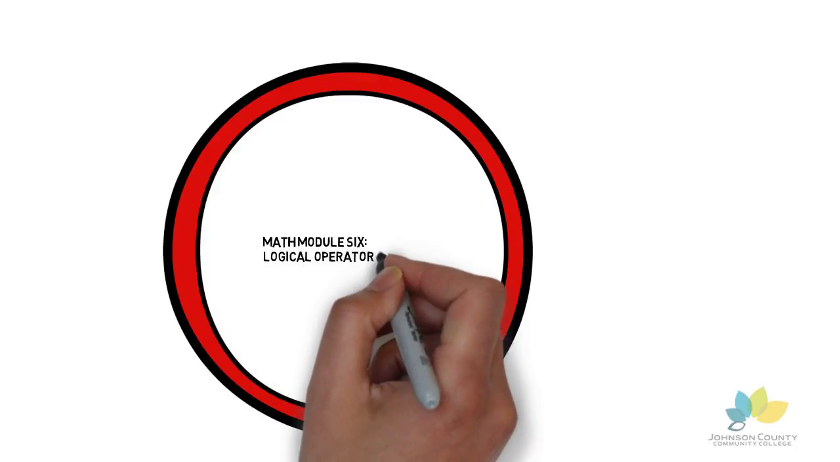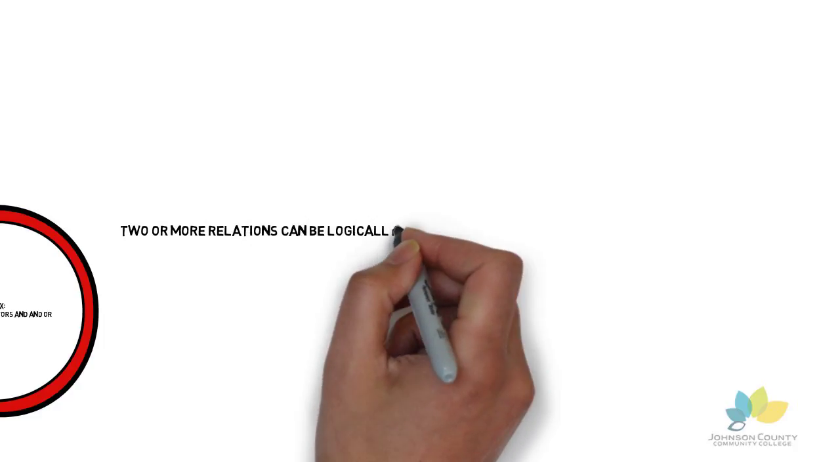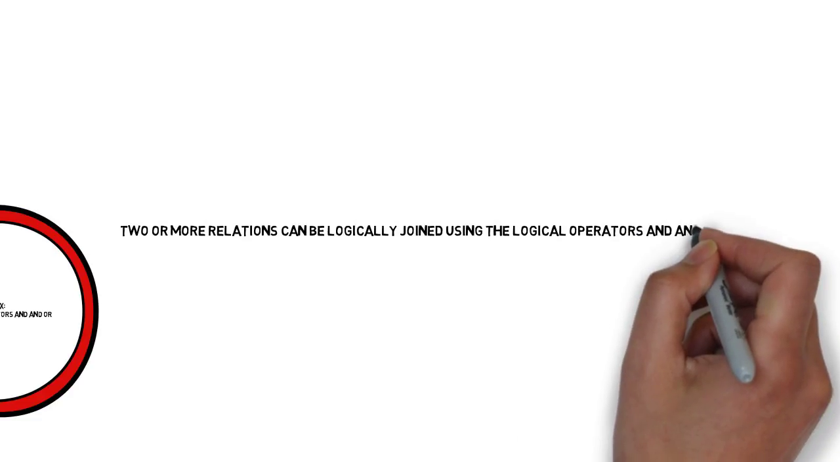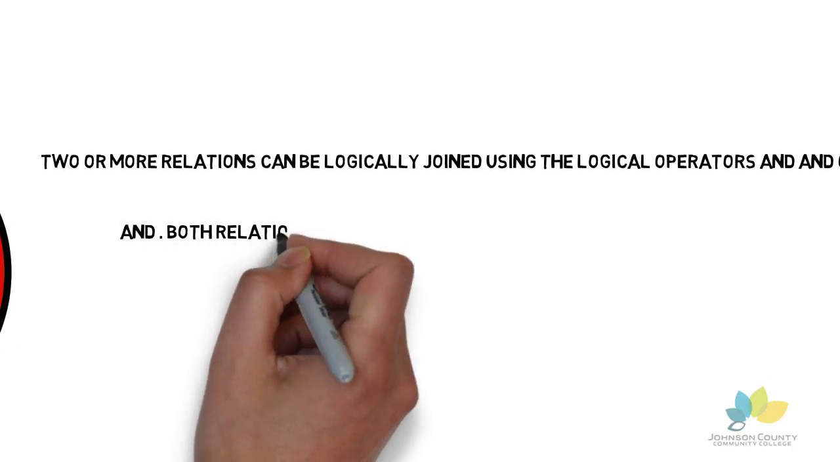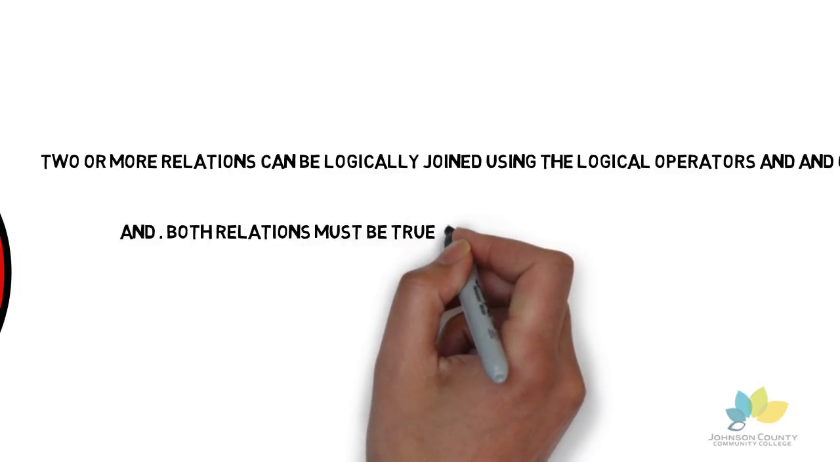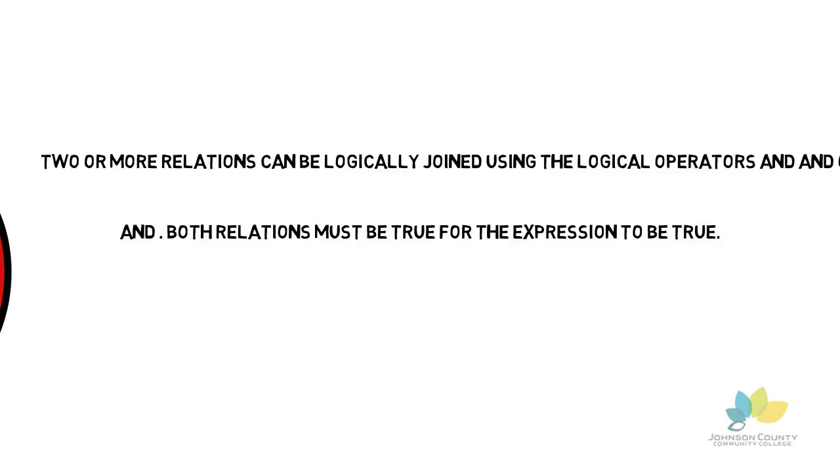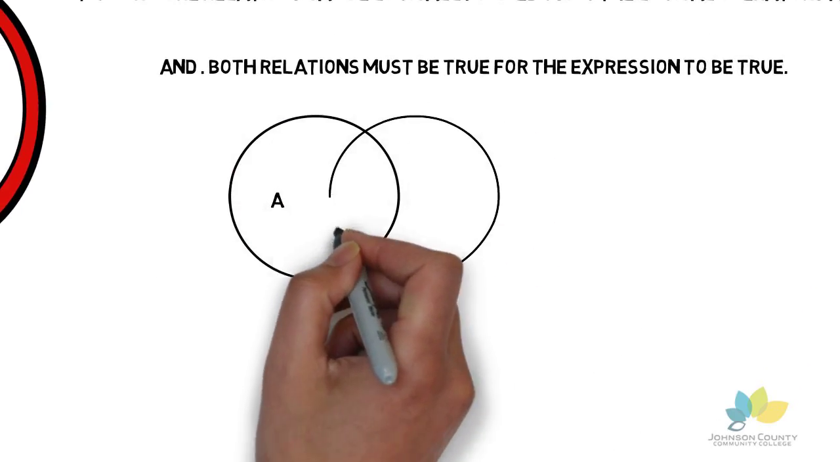Math Module 6, Logical Operators "and" and "or". Two or more relationships can be logically joined using the logical operators "and" and "or". For the logical operator "and", both relationships must be true for the expression to be true. In our example of circle A and circle B,